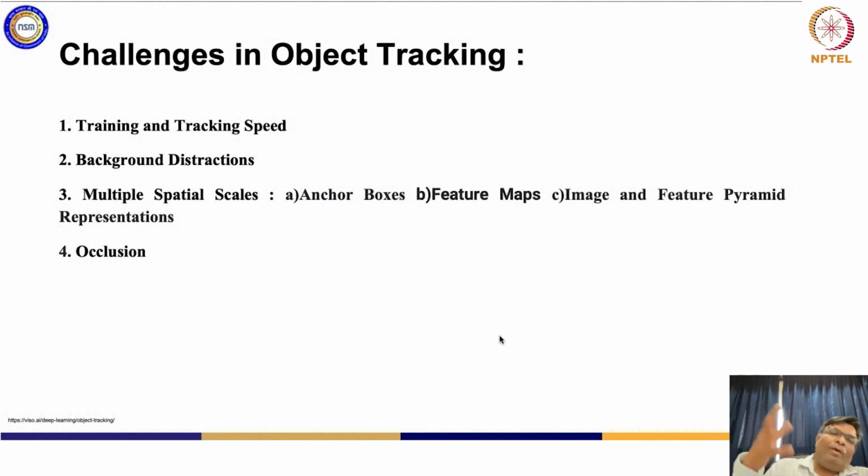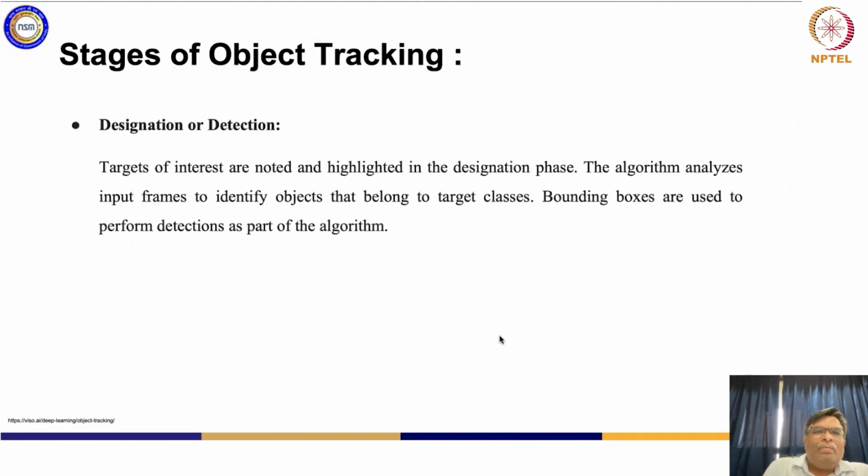So how are you going to actually think of the tracking thing when the particular object gets occluded or something like that, right? So these are all certain challenges. Now, stages of object detection is basically, first is the designation or detection, wherein you talk of targets which are